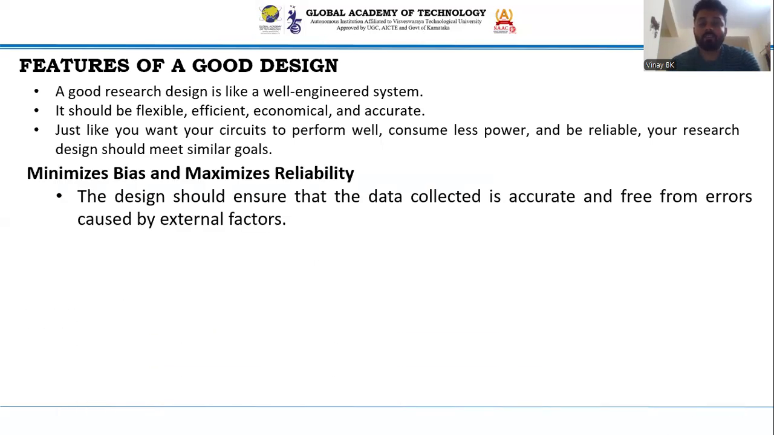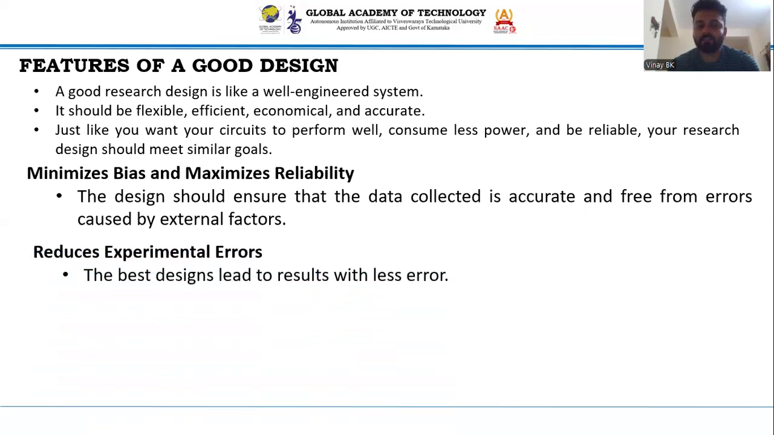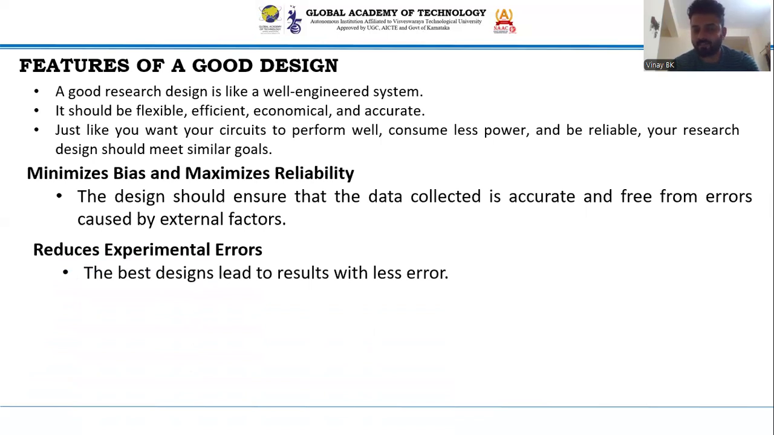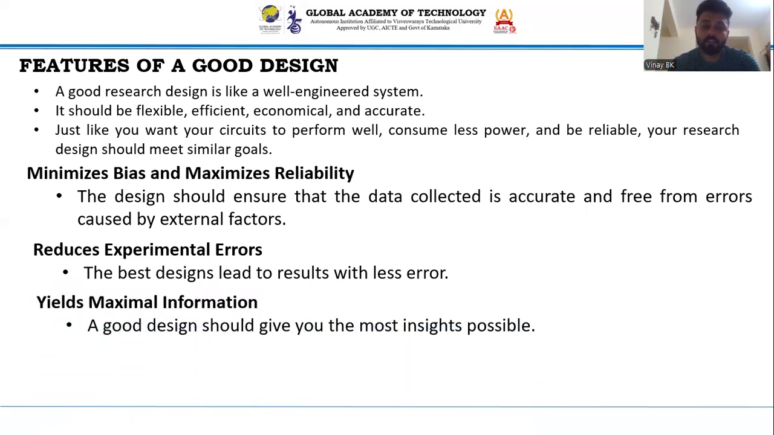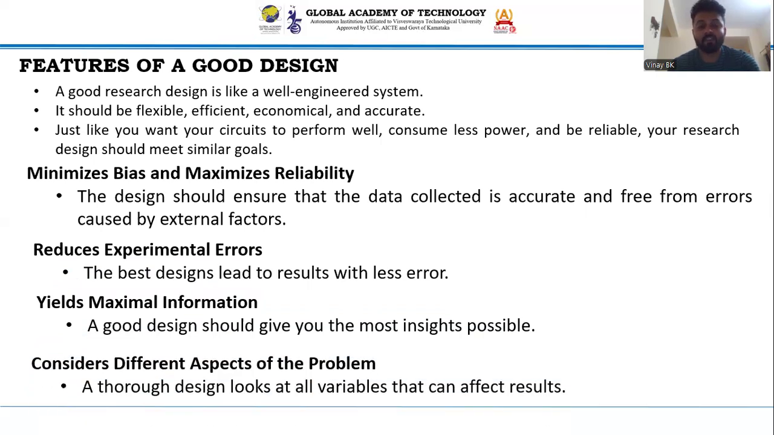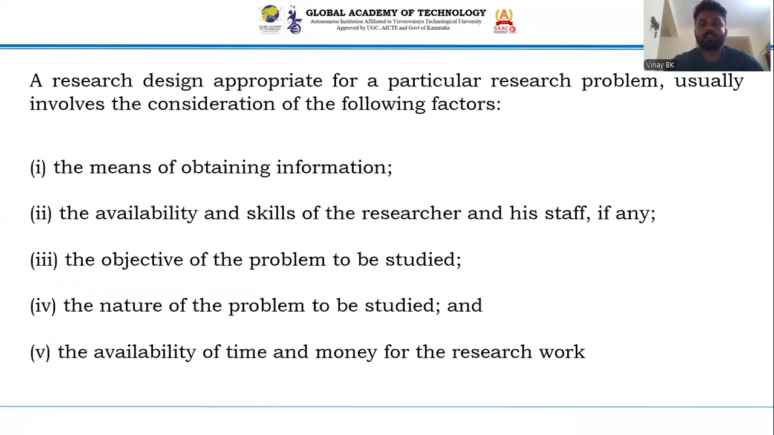Good design minimizes bias and maximizes reliability. The design should ensure that the data collected is accurate and free from errors caused by external factors, and it reduces experimental errors. The best design leads to results with less error, and it gives maximal information. A good design should give you the most insight possible and consider different aspects of the problem. A thorough design looks at all variables that can affect results, so that a research design is